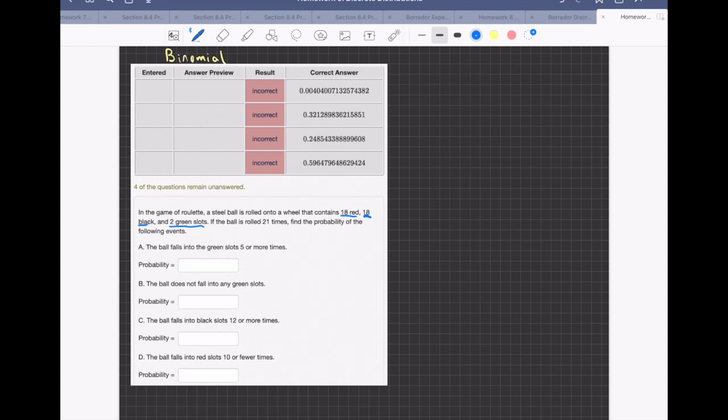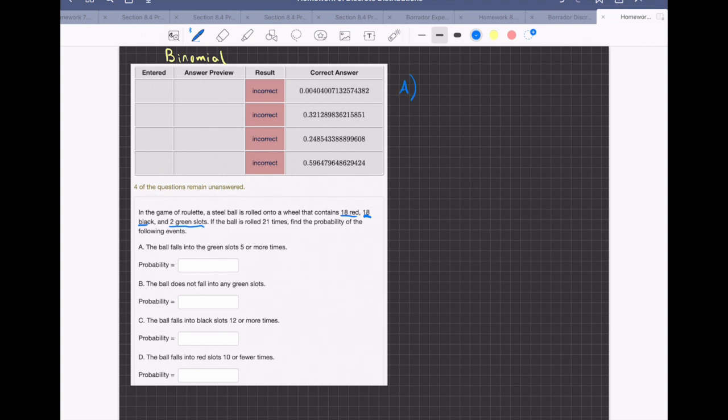If the ball is rolled 21 times, find the probability of the following events. Part A. Probability the ball falls into the green slots 5 or more times. So for the part A,